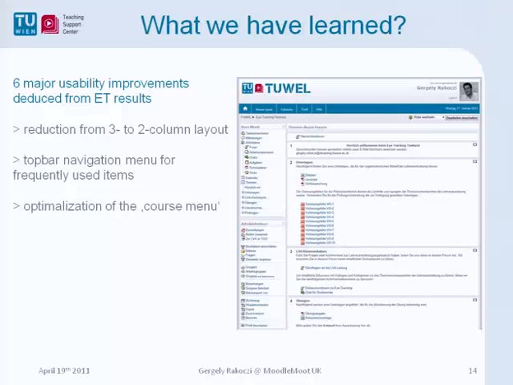Okay. So, and then we also had an optimization of the course menu. We have used this element here, but if you have lots of activities within your course, this element is really long. So we made it foldable, so all the activities can be folded and all the topics can be folded. And then afterwards you have quite a short course menu, and students love it because if they are really concerned about it, to keep it short, they can do that. So this is also an improvement. Yes, and we tried to